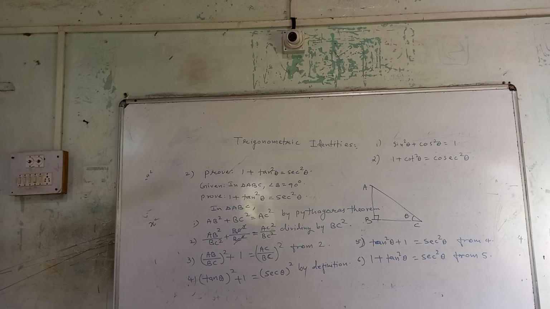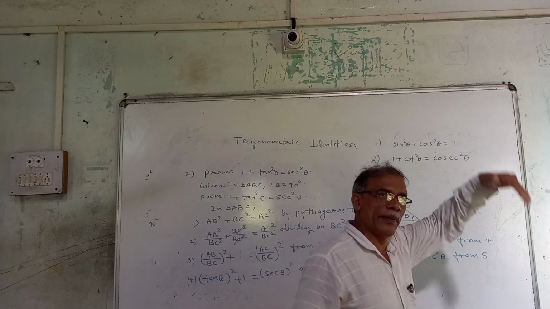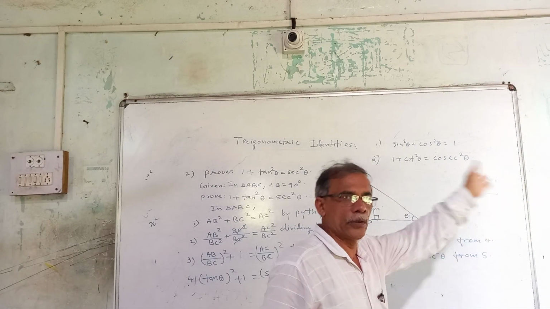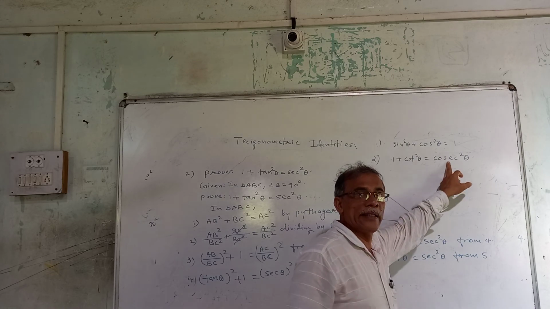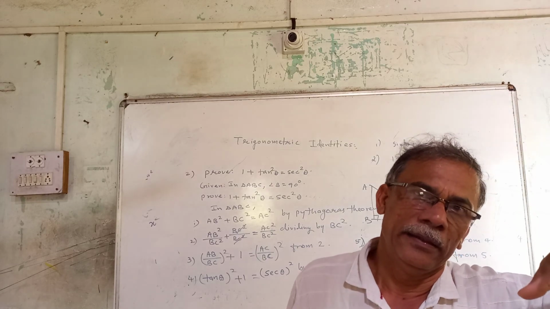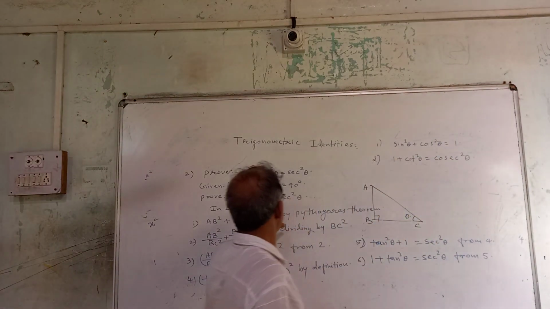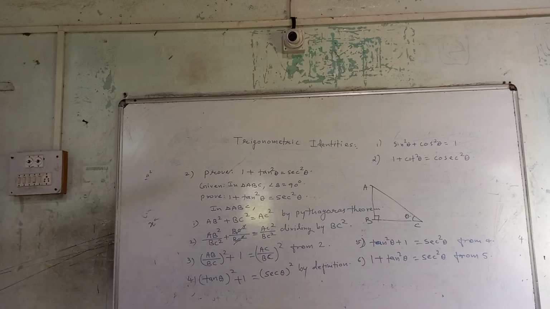Always you have to start with Pythagoras theorem and see what is to be obtained on the right hand side. If you want to obtain 1, then AC square should be divided by AC square, and so also on the left hand side. If you want to get cosec square, that AC square hypotenuse you have to divide by the side opposite to the angle. And if you want to get the sec ratio, that hypotenuse is divided by adjacent side everywhere. That you have to remember. And then further is the calculation part. Okay.